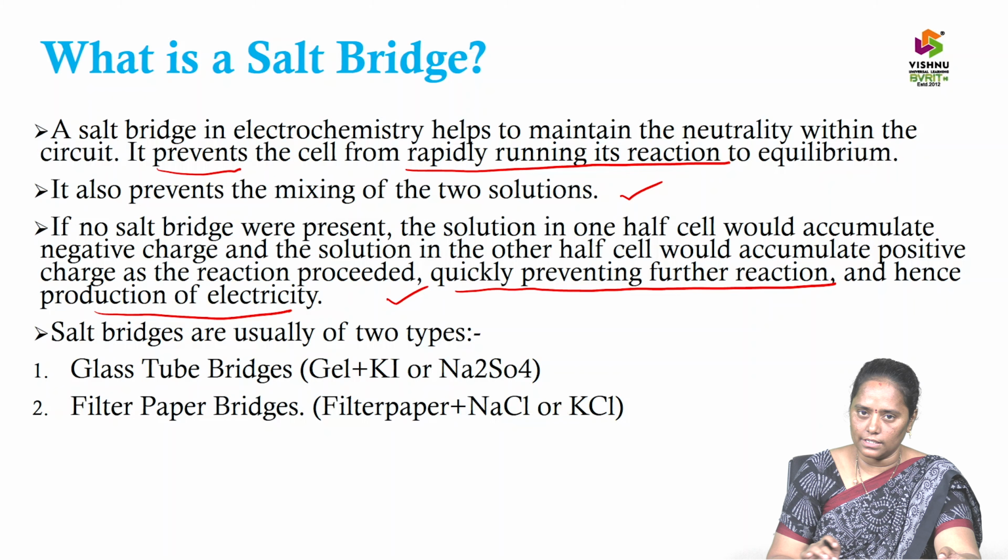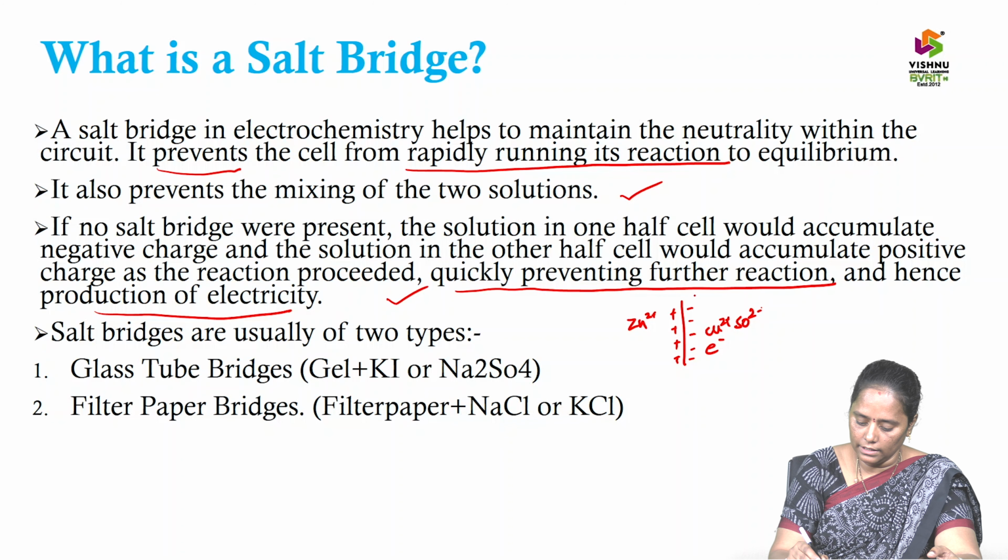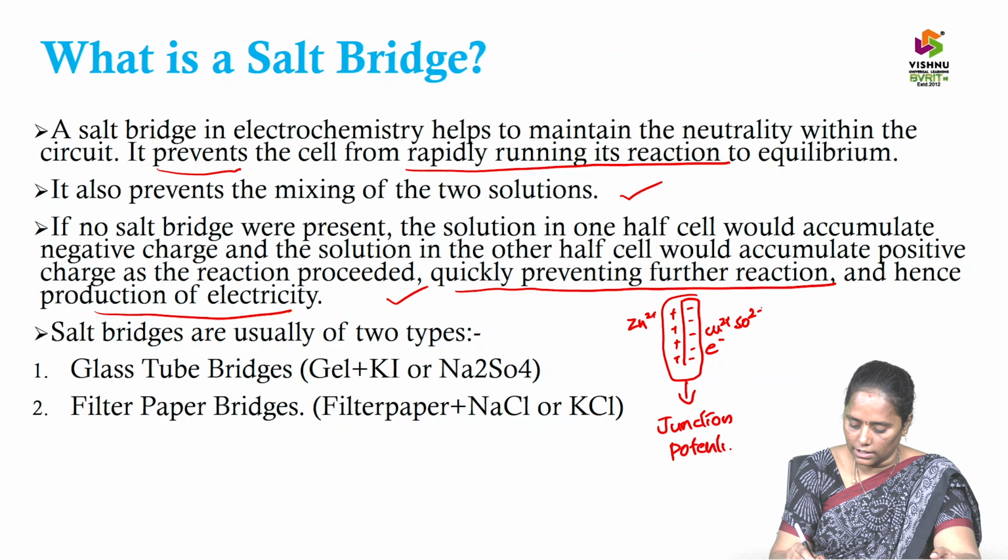The mixing of solutions takes place which may create the positive and negative charge accumulation, a kind of potential developed, that is junction potential,